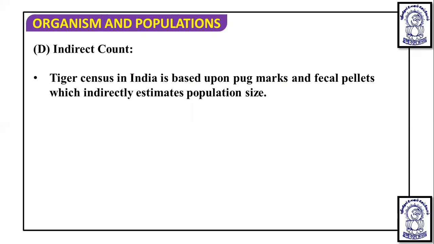After relative density, another measure which can be used in population density counting is the indirect count. In indirect count, population size measurement can also be carried out indirectly without actual counting or seeing the organism. So without counting or seeing the organism, we can calculate. So indirect count here is measurement of population density without actually counting